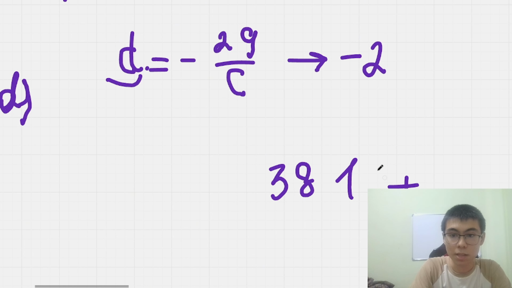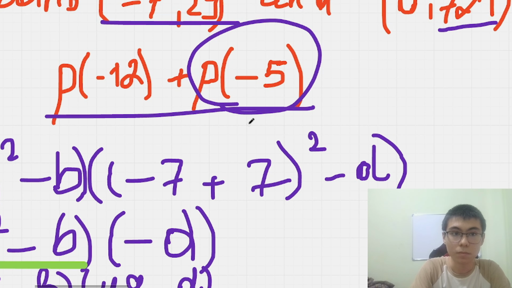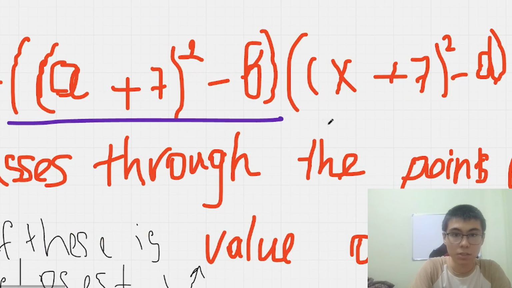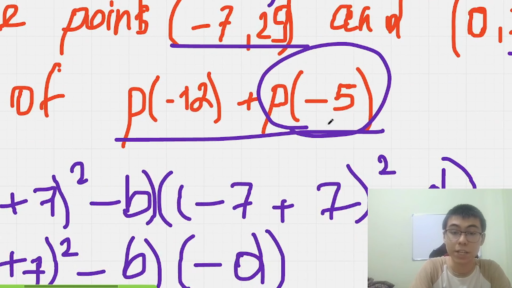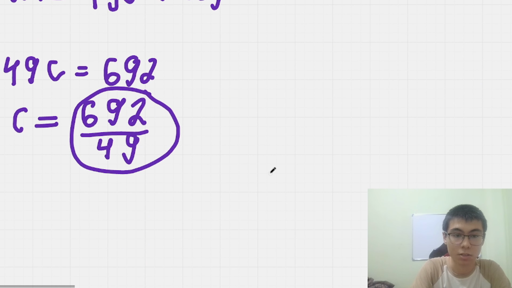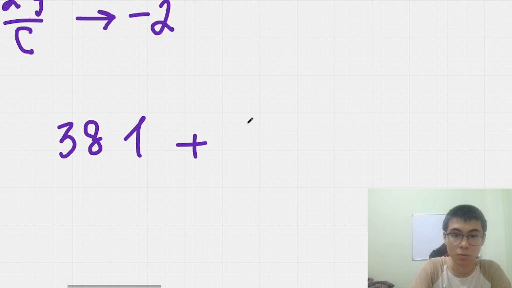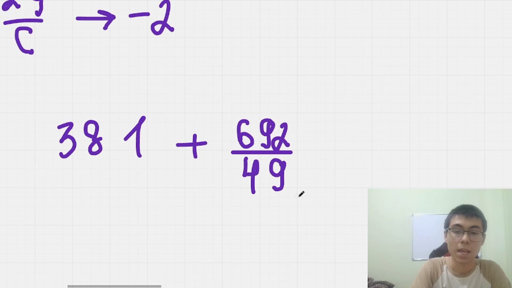81 plus, and we also want this thing here. So the first part is C, which we already know, which is this thing, 692 divided by 49. And this thing is multiplied by,